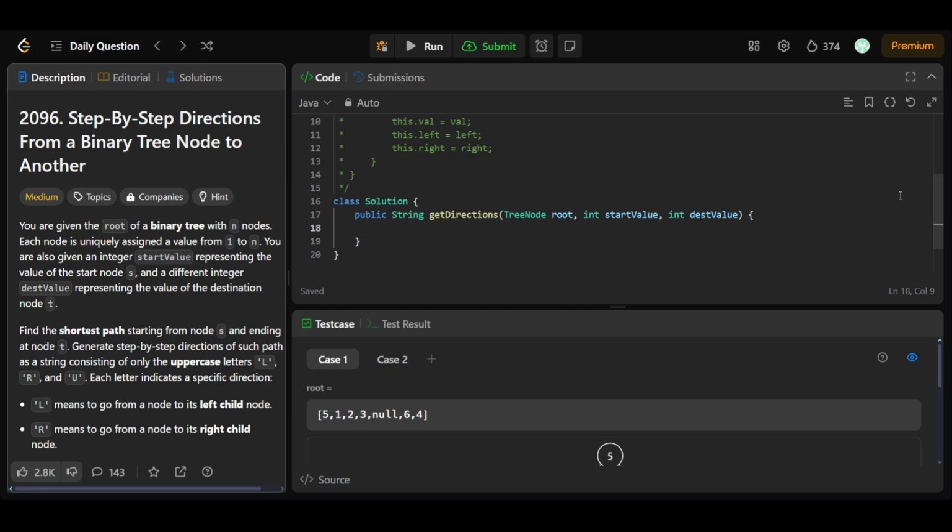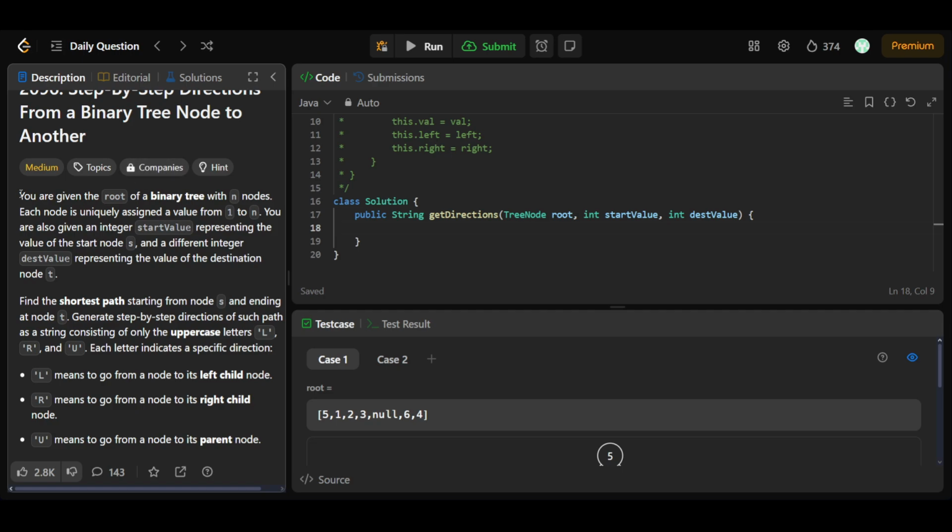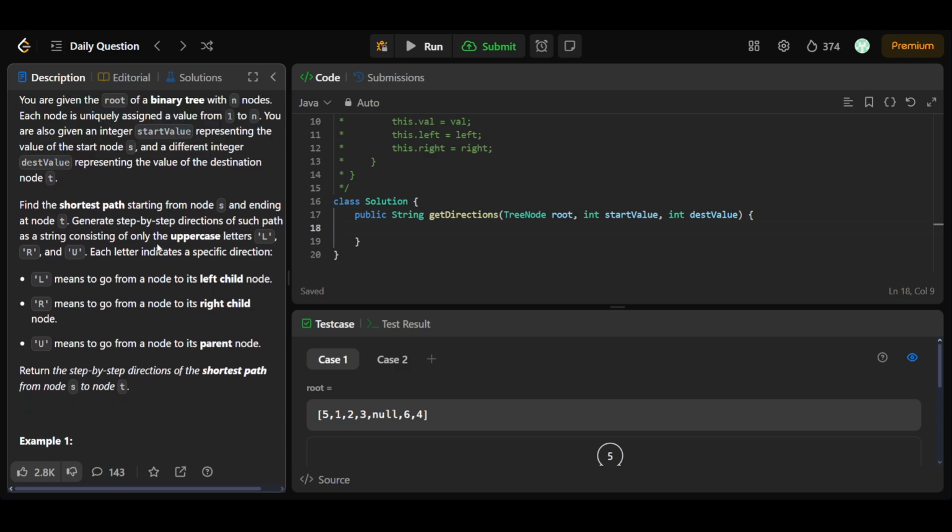Hello people, so today we'll be solving LeetCode Daily Question 2096, that is Step-By-Step Directions From a Binary Tree Node to Another. In this we'll be given the root of a binary tree with n nodes. Each node is uniquely assigned a value from 1 to n, and we'll also be given an integer startValue representing the value of the start node s, and a different integer destValue representing the value of the destination